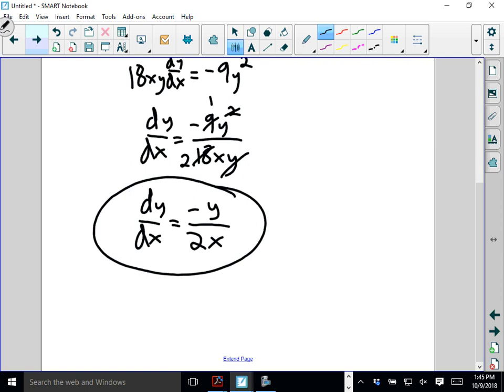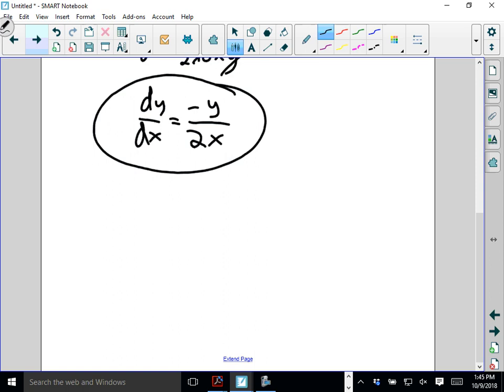I like to circle my dy dx because I'm going to need to plug that in to be in terms of x and y at the end of this problem. Now I can go through and I'm going to do the derivative again. So I'm going to do the derivative of dy dx. That's my second derivative, that weird notation we have for the second derivative. Equals, when I derive the right side of the equation, I need to use a